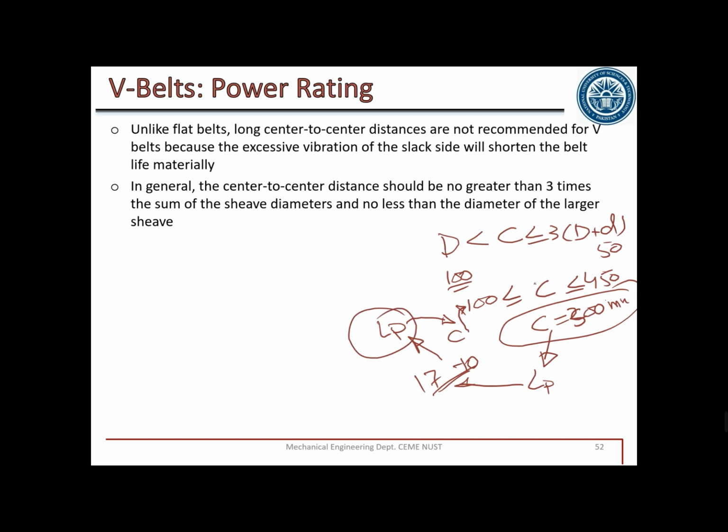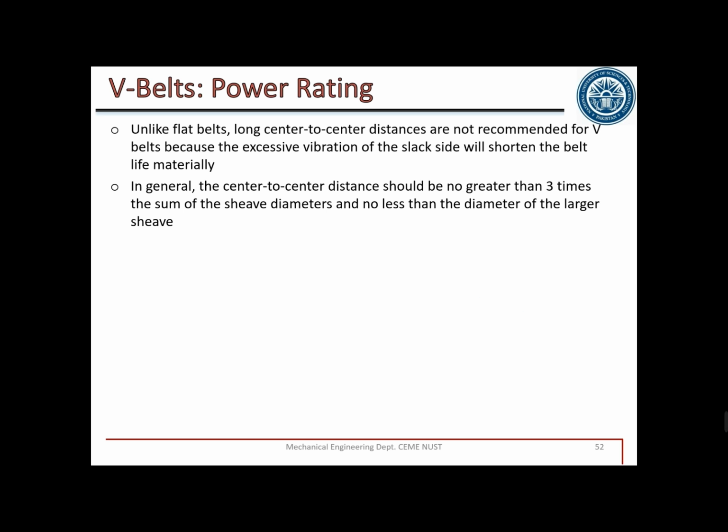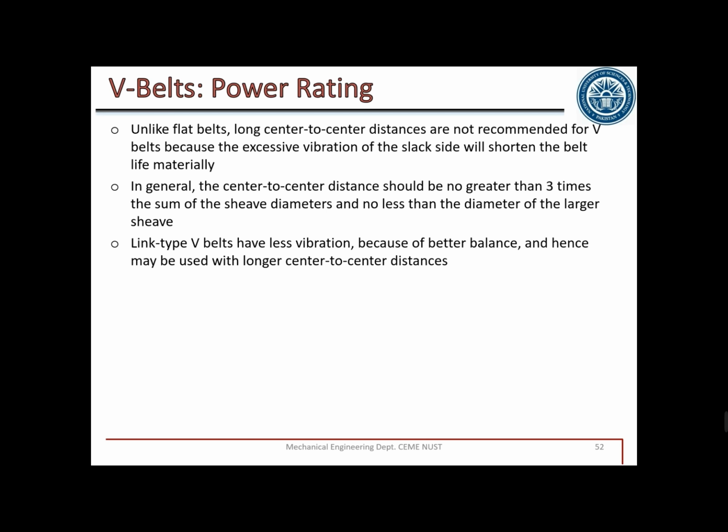So for this rough space calculation, I will use C is equal to 1.5 D plus D, where D is 150. Sorry, 150 into 1.5 gives 225, round about the middle range. Or you can use 2 into D plus D. It depends on you again, and being a designer, this will be your choice.